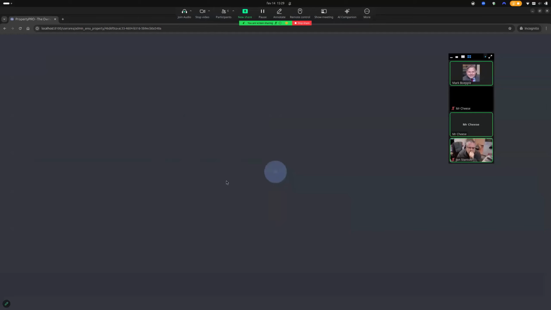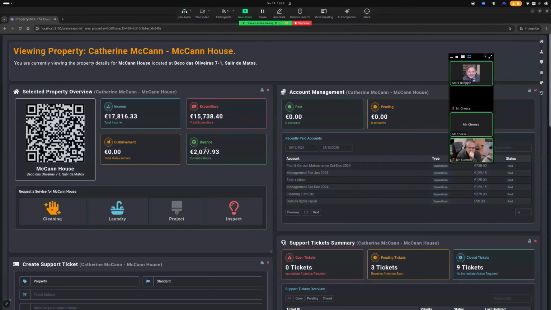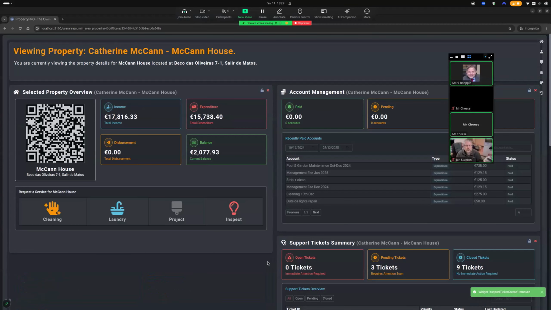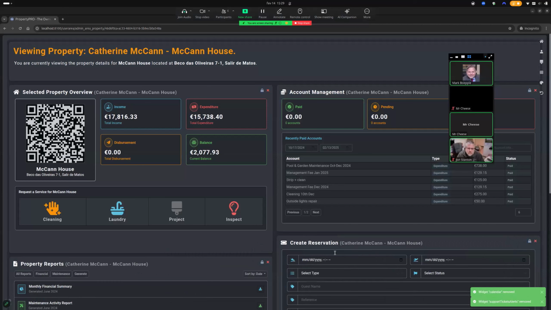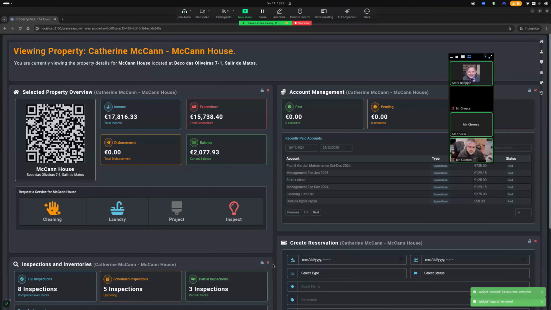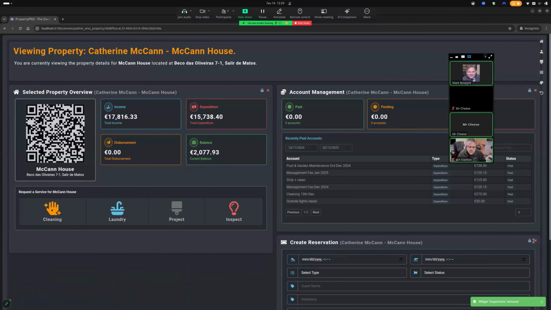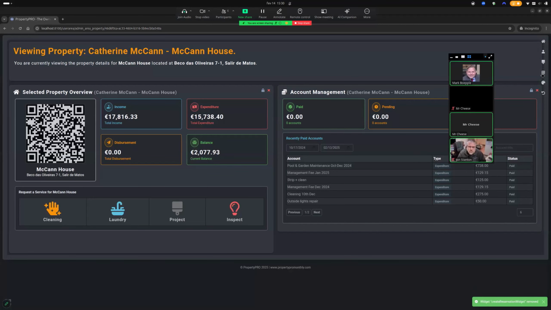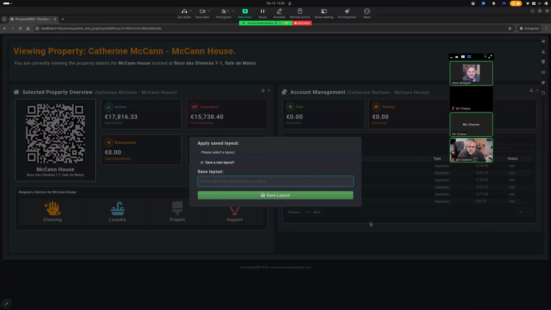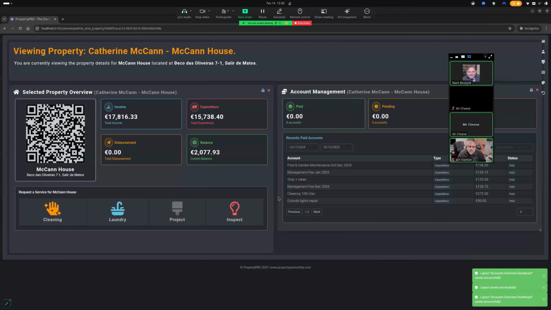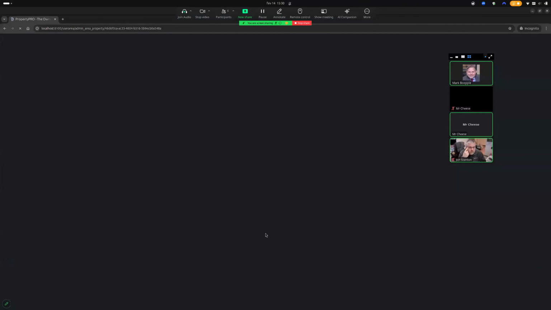This is taking a lot longer to load than normal. So we're going to remove all of this. And now we're going to save this one as accounts overview dashboard. So all I've essentially done is reset the widgets a couple of times,